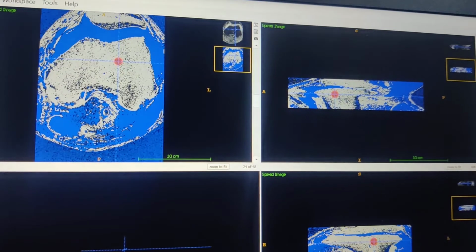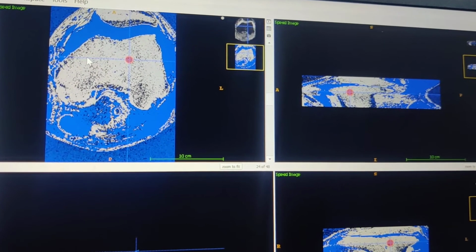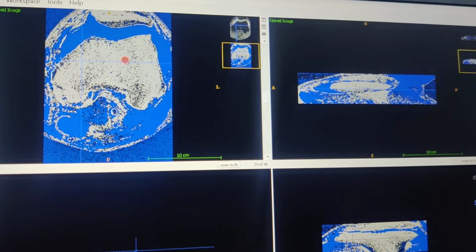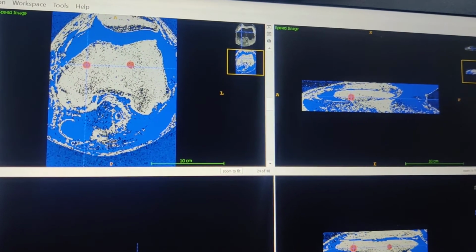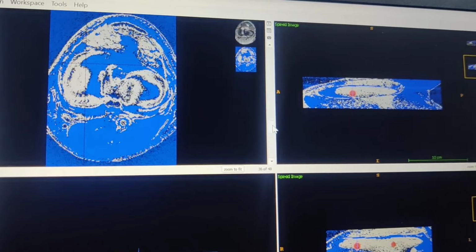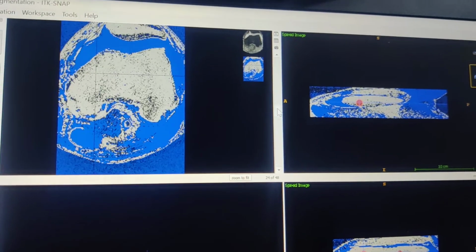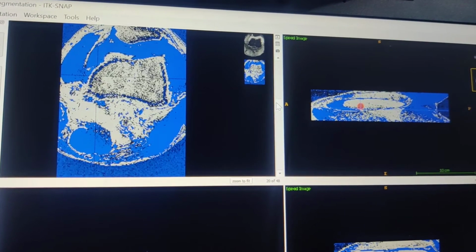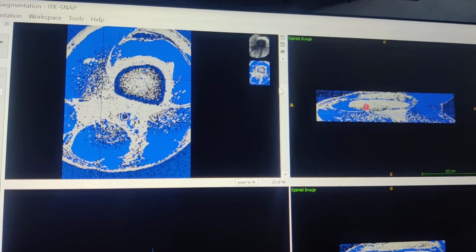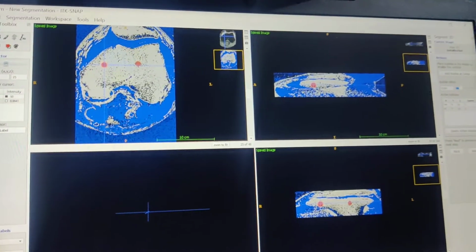You can decrease the radius size over here if you want finer things. Then I will click over here, add bubble at this cursor. Let me see if it is covering all the area. Yeah, I think it is covering all the points, these two points, but over here it may go outside. So let's try. Okay, so you have to click next over here.